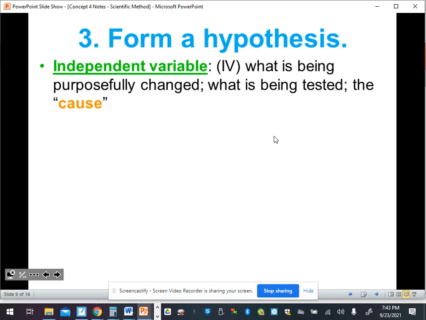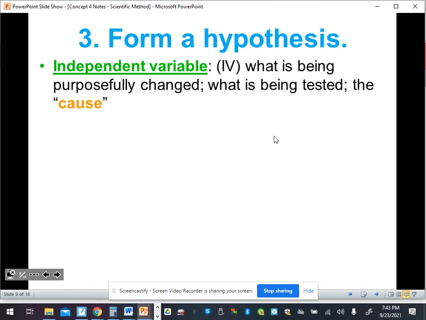Okay. So what is being purposely changed by the scientist or by you? What are you manipulating? What are you changing? What are you testing? And we are going to refer to this, think of this, as the cause. So independent variable means that you're changing it on your own, and this is going to be what causes the